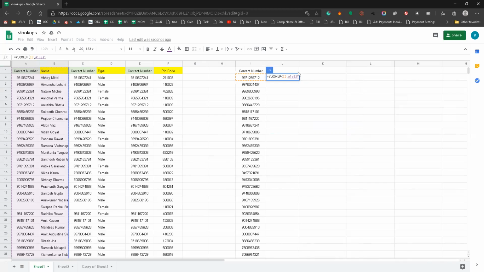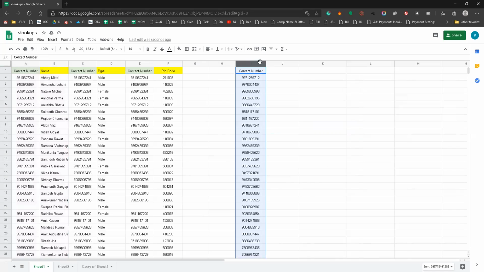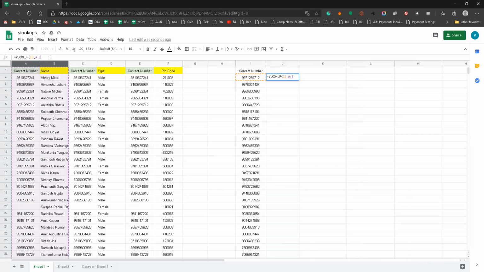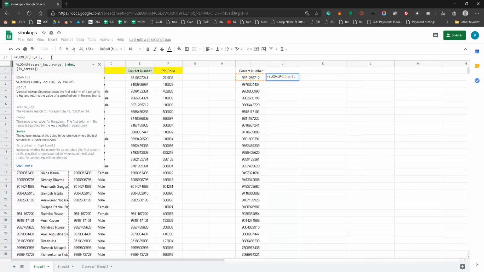Yes. This is the contact number data which you have. This is the data which was given by some other person. They are asking us to match the cases of different fields like mobile number, name or pin code, etc. So I am matching today. I am matching to the whole columns A and B.